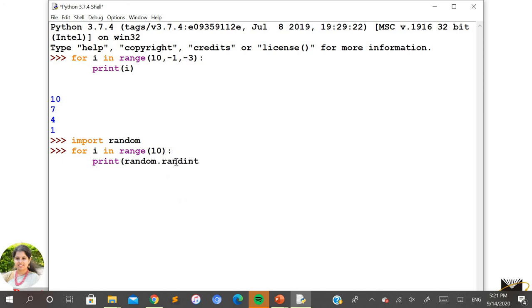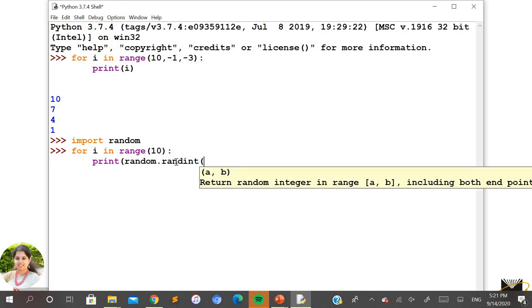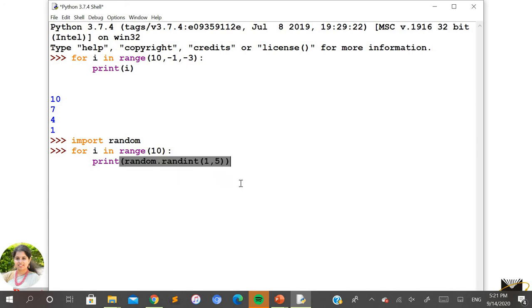And randint. So it is again giving you a hint that it is going to accept two parameters here. So you can see here, don't be confused with this range and the randint here.